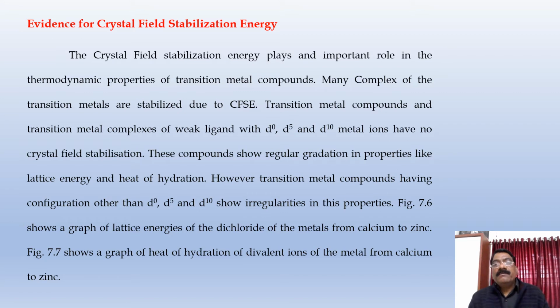However, the transition metal compounds having the configuration other than d0, d5 and d10 show irregularities in these properties. When we plot the lattice energy of dichlorides of the metal ions from calcium to zinc, and another plot of heat of hydration of divalent ions of the metals from calcium to zinc, it shows